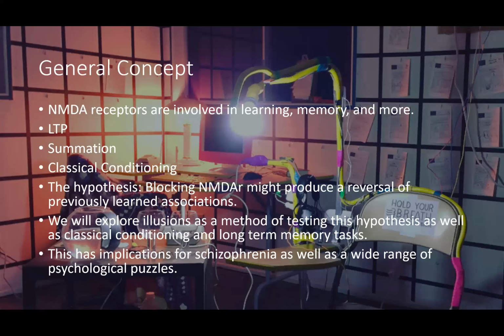So the general concept is based on NMDA receptors that are very ubiquitous in the brain. They are quite common on most of the neurons. I think I've heard it's about 50% of the neurons, but that might be wrong. I don't know. But it is very common. I know that.